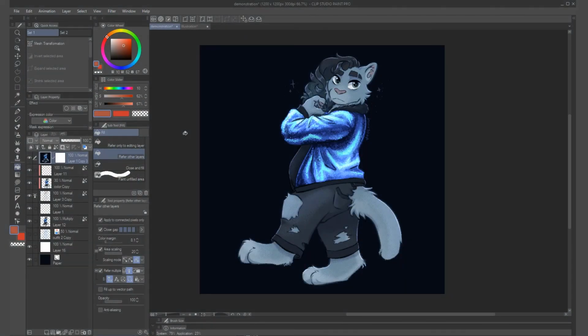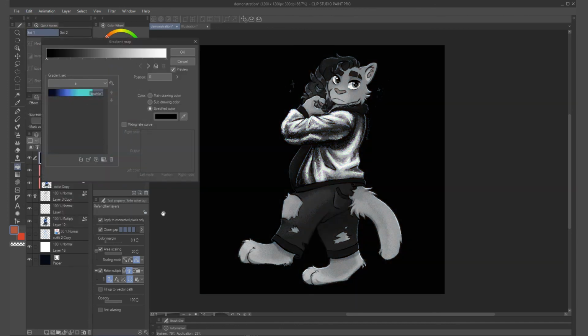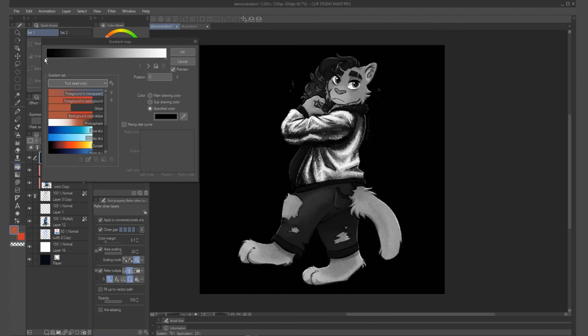Another useful feature of Clip Studio Paint is gradient maps, which you can find in the Edit drop-down, Tonal Correction, and Gradient Map. As you can see, it maps the values of your drawing to a gradient, which only works based on value and nothing else.